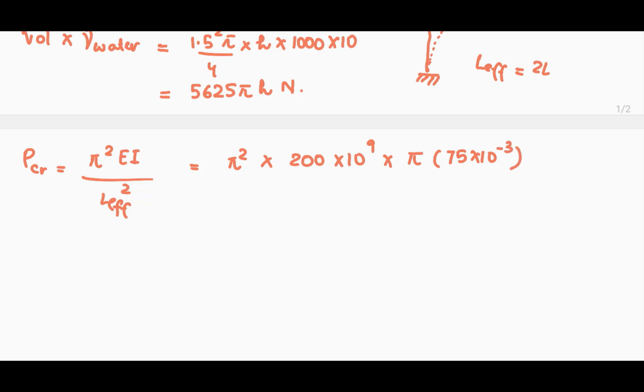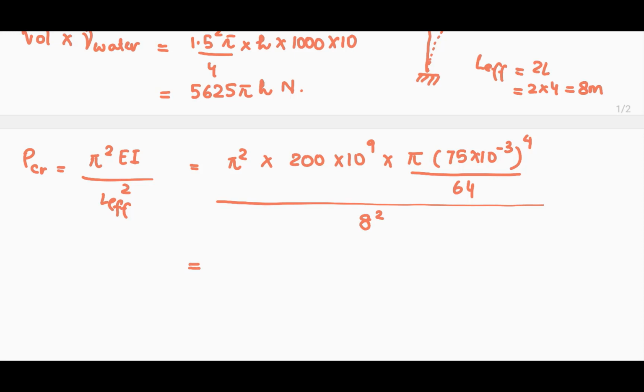Hence, we will substitute (75 into 10 power minus 3) power 4 whole divided by 64, and this entire thing will be divided by the effective length of the column, which we saw to be 2L, which is nothing but 2 into 4 meters, which is 8 meters. Hence, we will have 8 squared here,